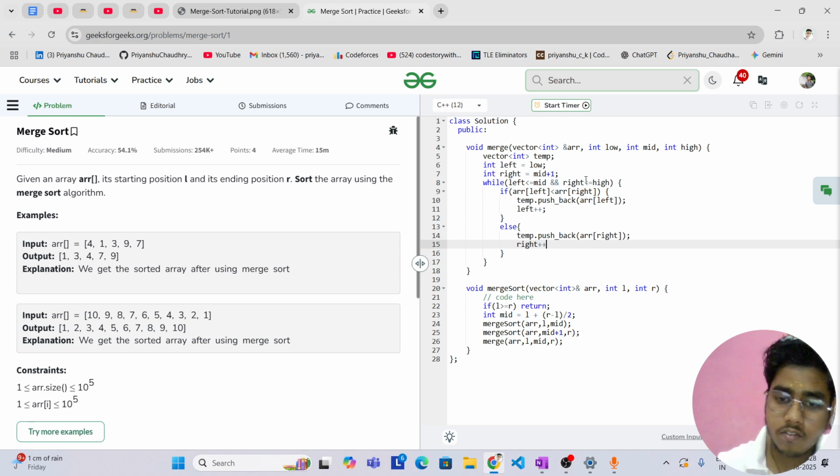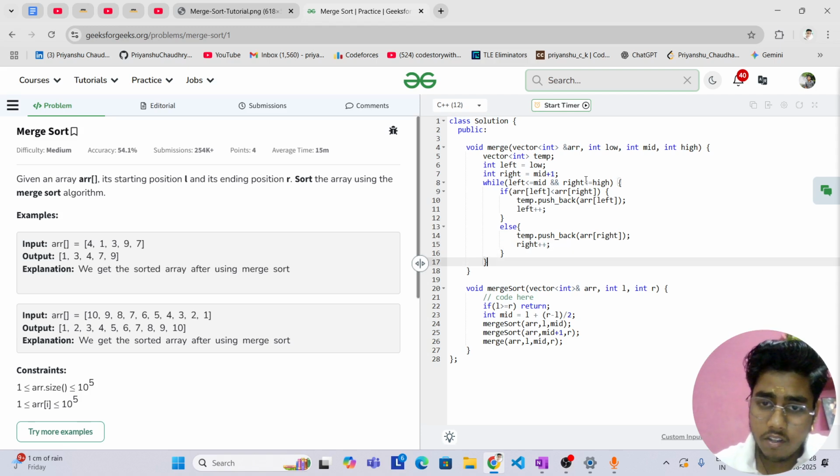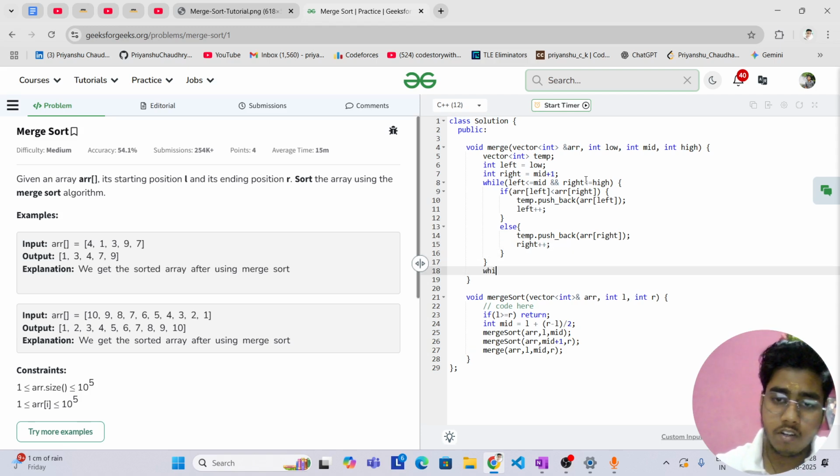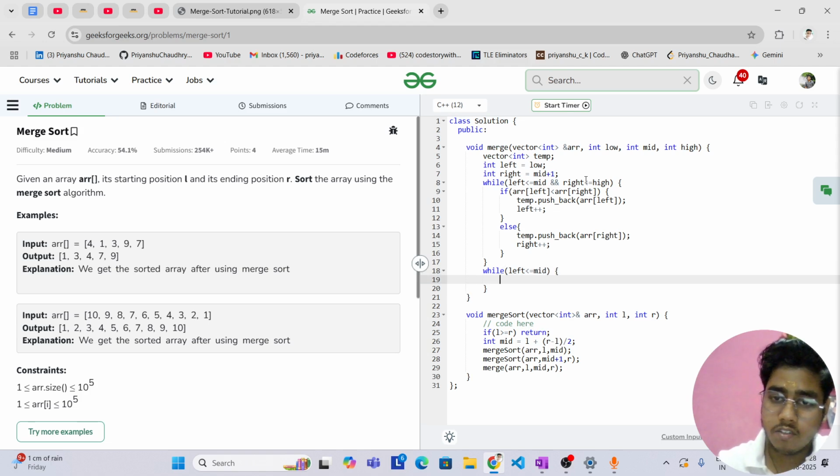Now okay, now we have to handle the exhausting case, when one of the array is exhausted and one array is still left. So let's handle both the cases smartly. So first I will handle the first array case. So if left is less than equal to mid, still means the first array is still left.